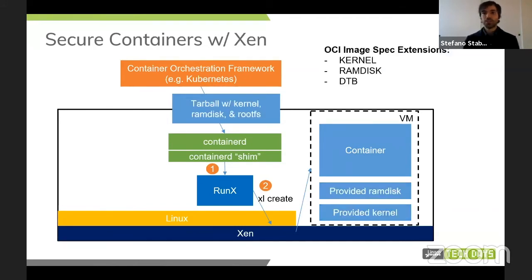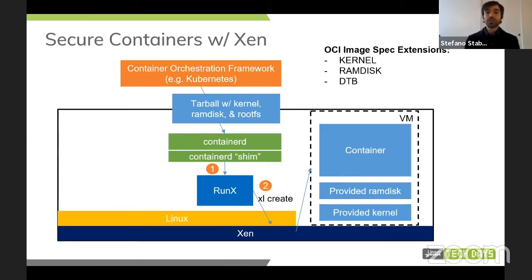Wes, you can go one slide. One of the first things we want to do, which I think is very interesting, is to extend the OCI image specification so that we can also describe kernels and RAM disks. A container today is basically a set of user space Linux, or in general POSIX, binaries, but it could contain kernel space binaries too. For instance, you can imagine a container rootfs coming with a kernel binary inside, under /boot or somewhere else, flagged as a kernel. There could be a key-value pair in the manifest saying this container actually also contains a kernel.